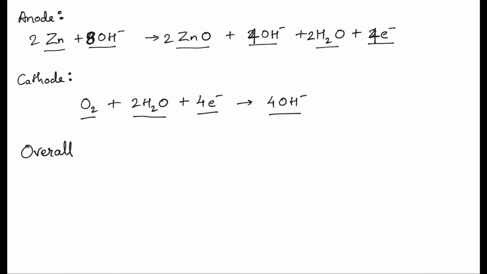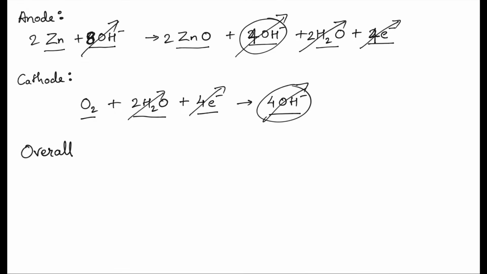This and this combined cancel out this water. We're left with 2Zn plus O2 giving 2ZnO. It can also be written as